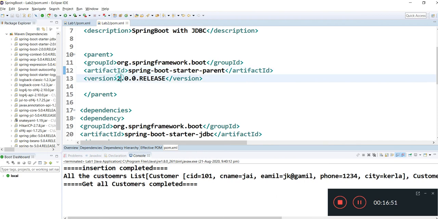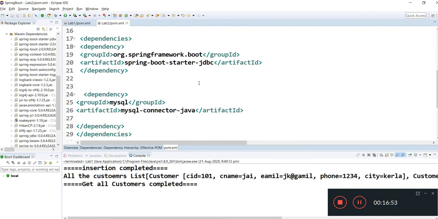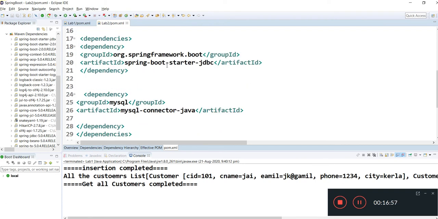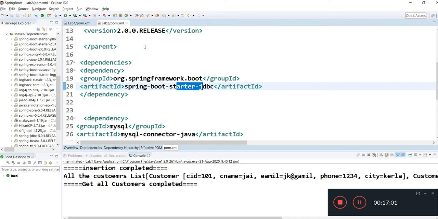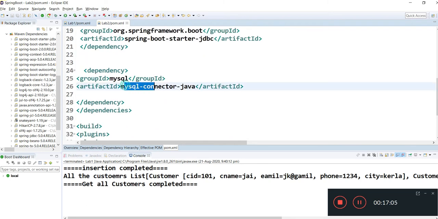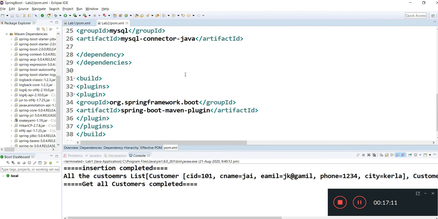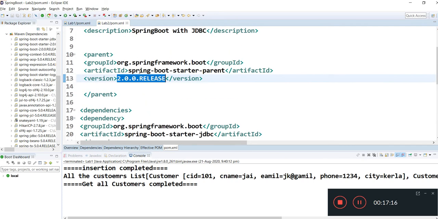Whatever version you mention for your parent, all the dependencies below will be downloaded according to your parent version. For Spring Boot starter JDBC, it will download the required jar as per the version mentioned inside your parent. For the MySQL connector also, it will download the jars depending on this parent. And for the Spring Boot Maven plugin, it will also download the required jar as per the mentioned version.